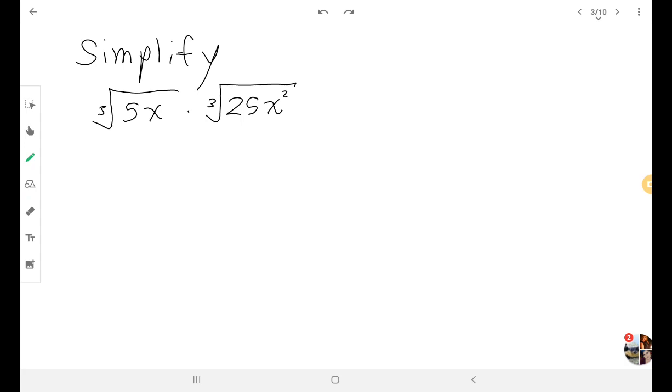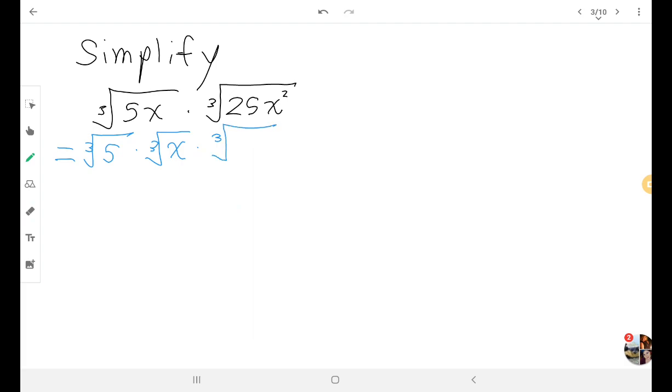And this is going to be the exact same thing, but I am going to do one thing to help clarify some stuff. So again, I've got 5 times x inside of this cube root now. And again, I'm going to pull it apart and call it the cube root of 5 times the cube root of x. And I'm going to pull this apart and have the cube root of